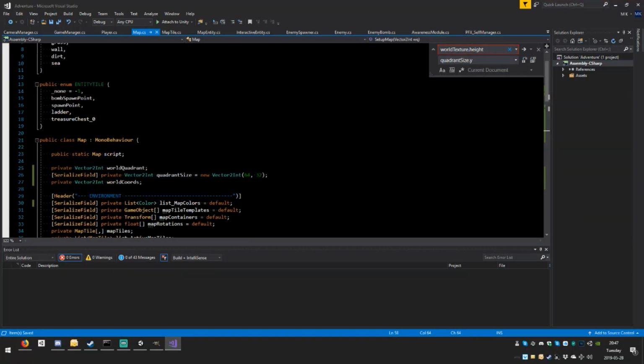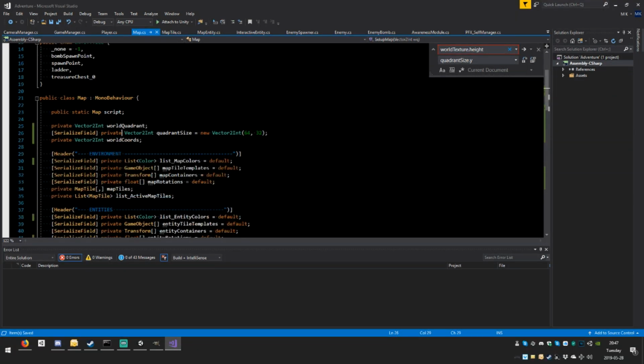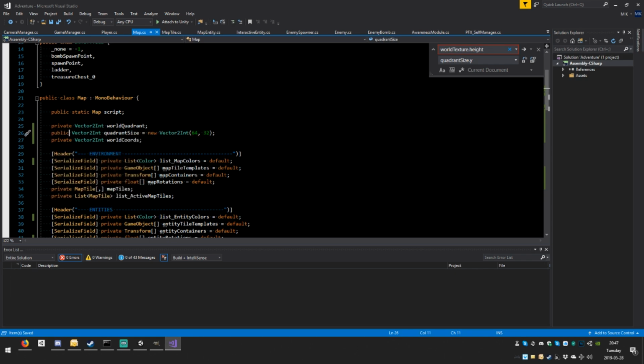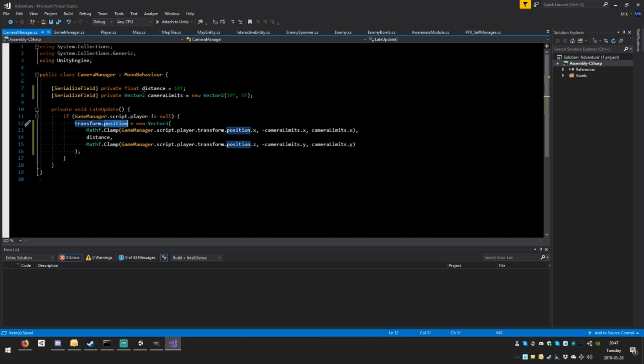What we're going to do is make this quadrant size public. So just type public here. Yeah, save. So we can go and access it. We're going to add half of it. Okay, so in the camera manager, here you're going to say right here,